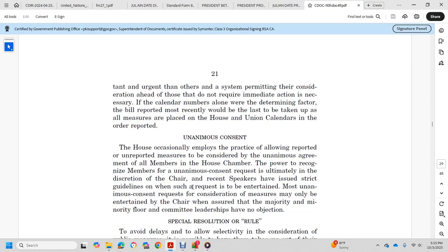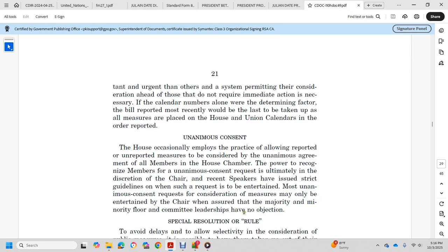Unanimous consent is a practice the House employs occasionally, for both reported and unreported bills. It is a request for unanimous agreement among the members of the House, subject to recognition by the chair and ultimately to the chair's discretion. The Speaker has issued strict guidelines for such requests, and they will be entertained only when